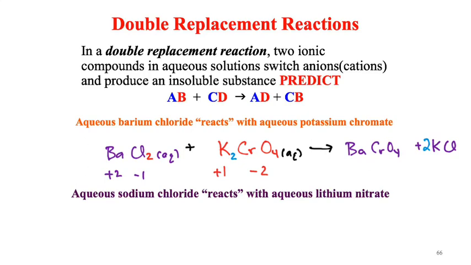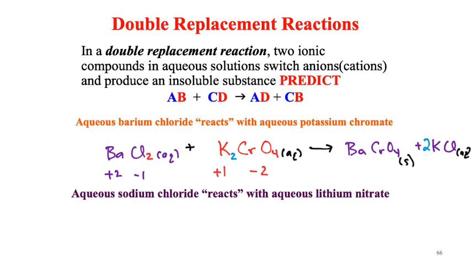We would need to know the phases of those materials. Potassium chloride says aqueous. Barium chromate says solid. How do we know those phases? Because you're putting